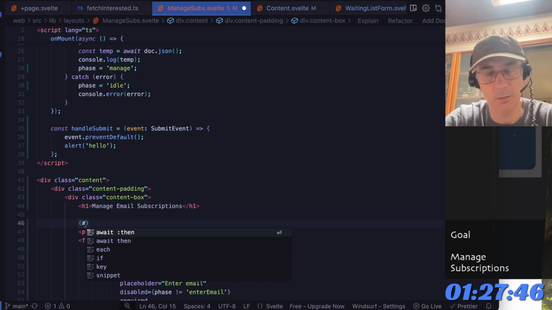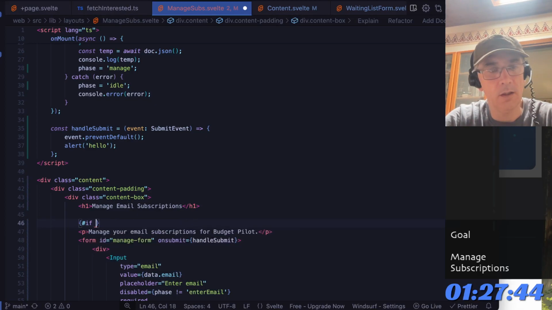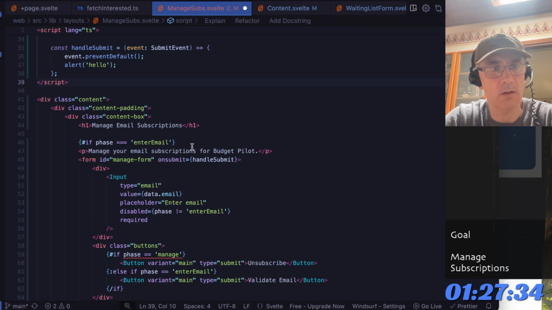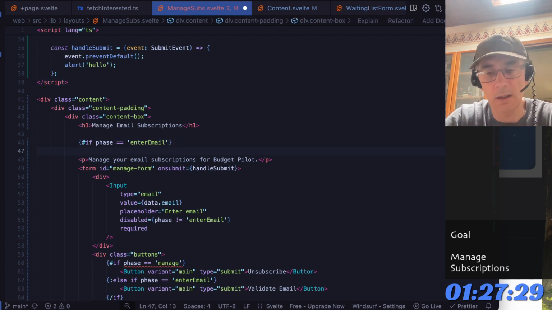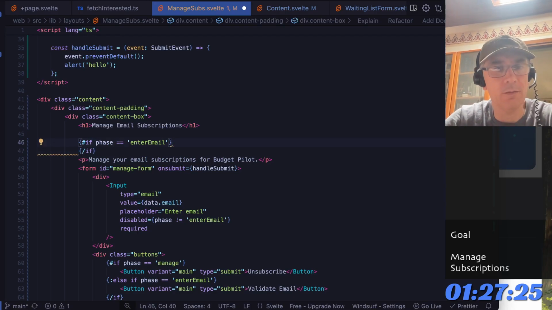Let's not do magic with the text. If phase is enter email, we can use the three dots also in the context of why does it really matter? If, and we have a paragraph where it says